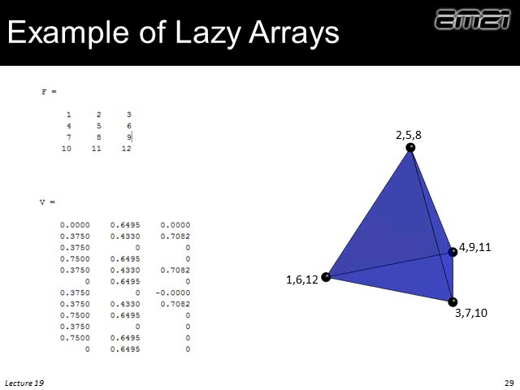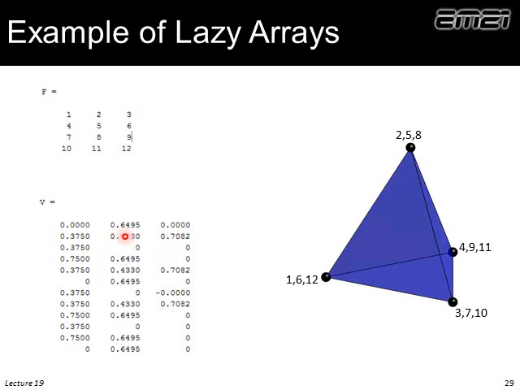So here's an example of the actual numbers. Let's say we have this pyramid again and we're being lazy. Here's the list of all of our vertices. And there's redundancy here because we know we really only have 4 points, but we're listing 12 here. Well, if we look at the first face, we would say that has vertices 1, 2, and 3. So we would go down here to rows 1, 2, and 3, and then we have the positions of those